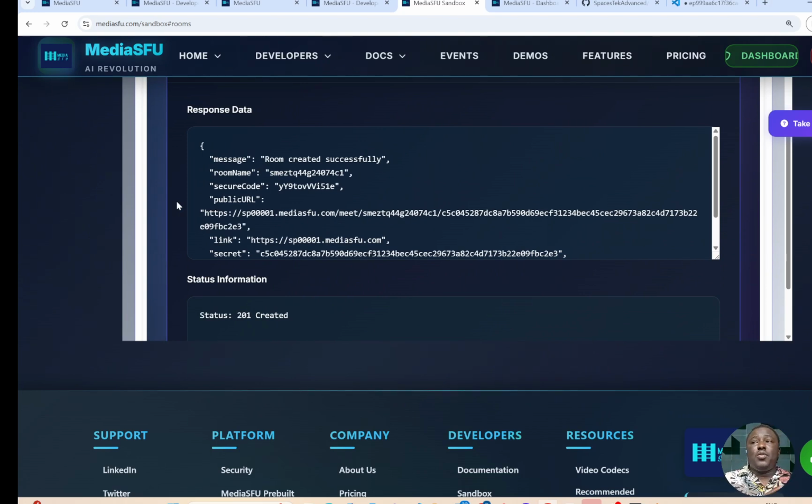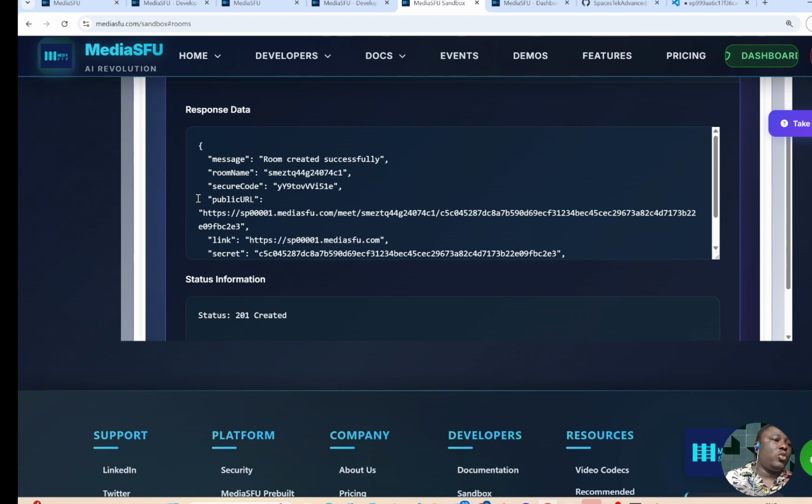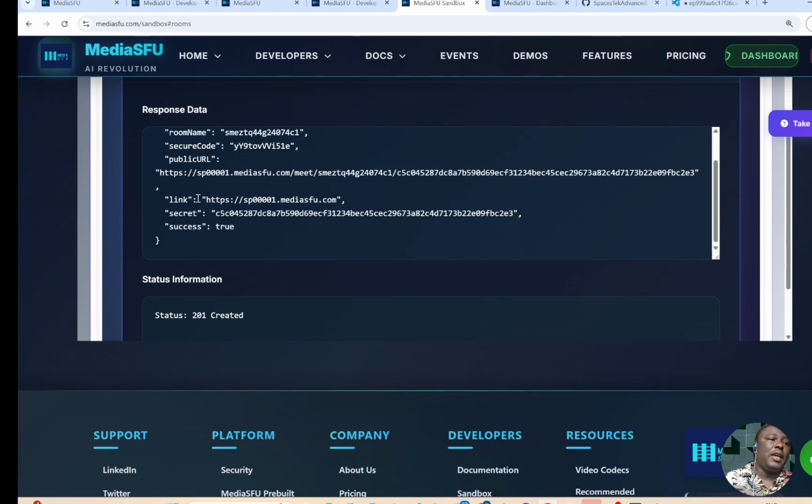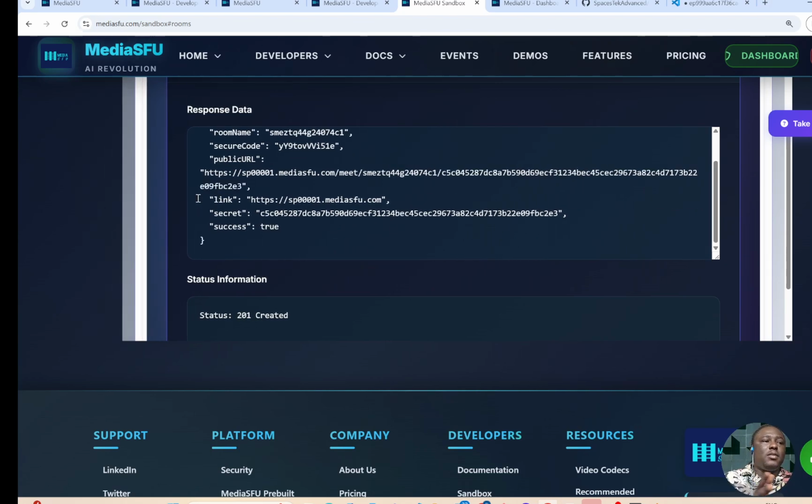And if you're doing an iframe embedding, this just comes for you to embed. If you are communicating with MediaSFU's SDK, it takes care of all of this. Just give it your API key and username, and it creates the room and does the joining for you. If you're building from scratch and you need to establish a separate connection to MediaSFU, then you have things like